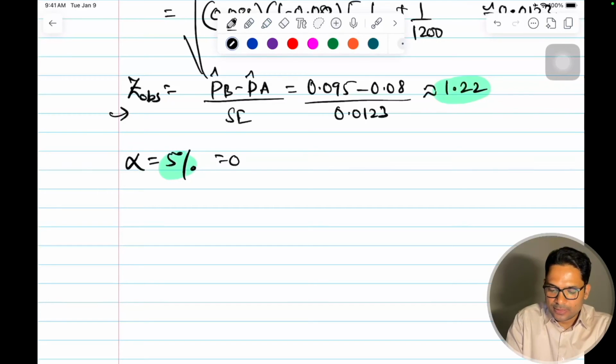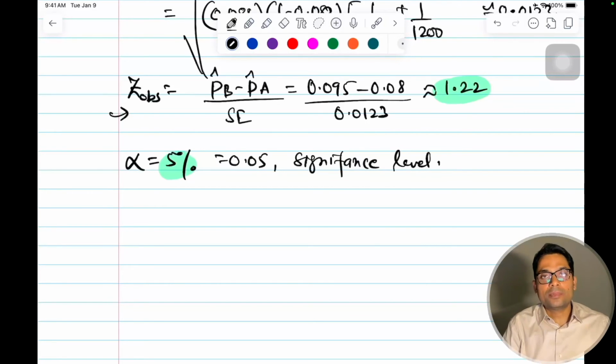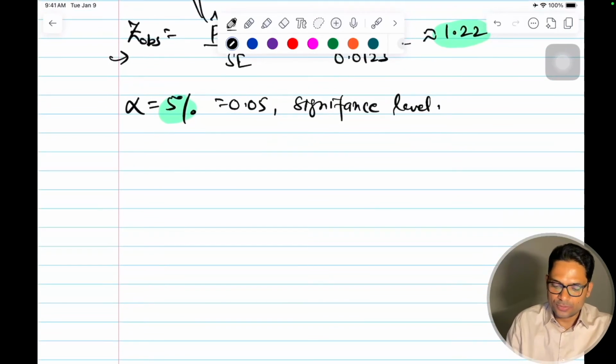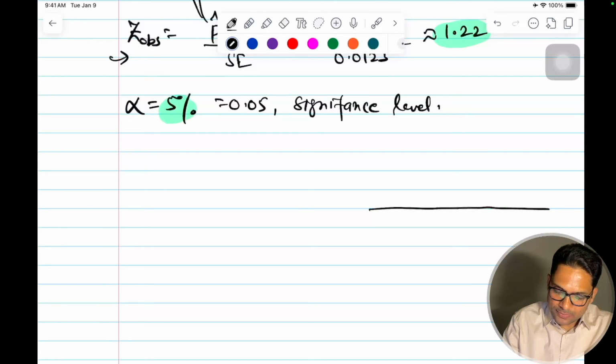This means that this is your 0.05. This is your significance level beyond which your null hypothesis will be accepted or rejected. This is determined by your alpha. And this is a right tail test. So we have found out that